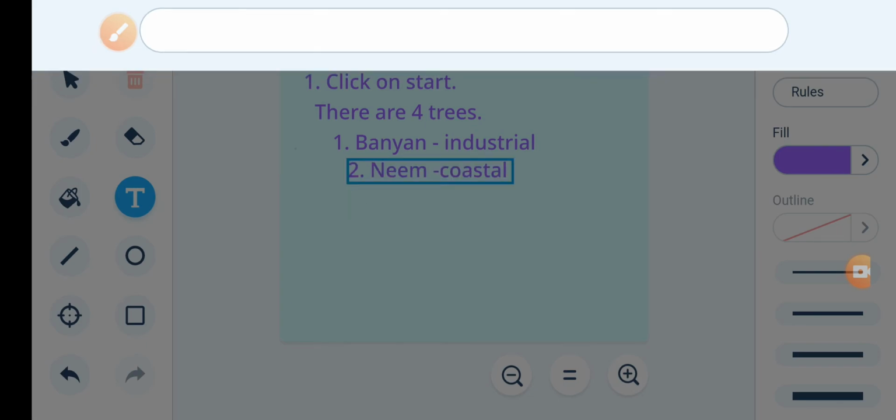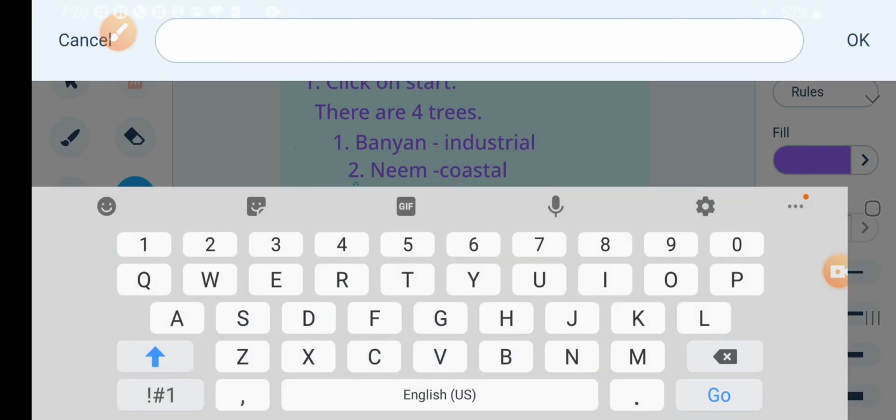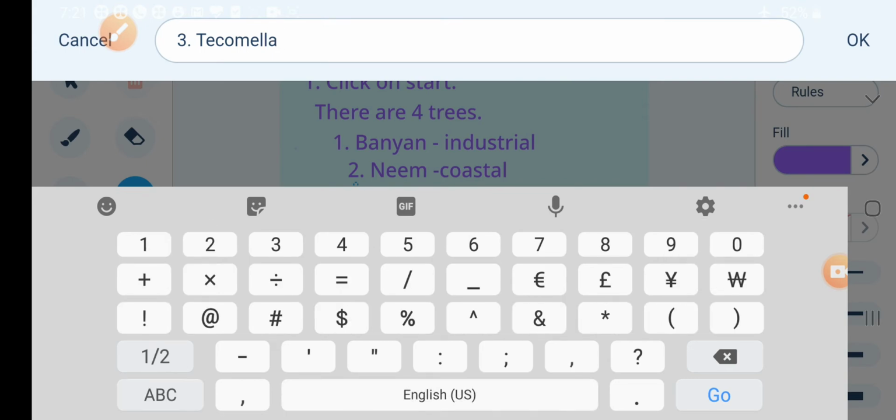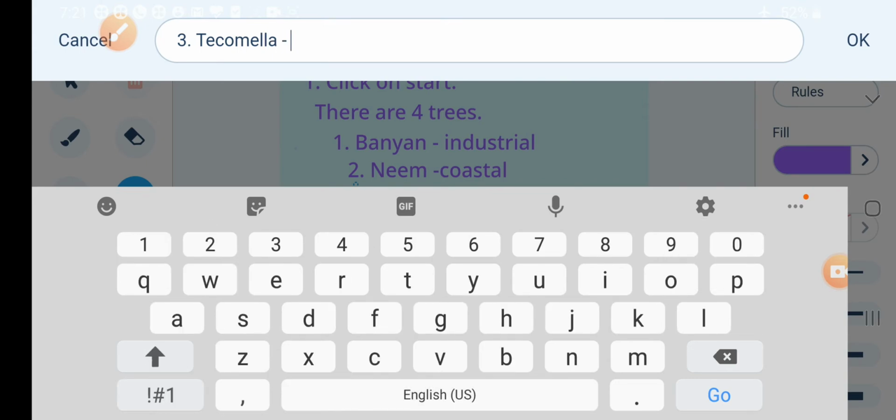Then third is tecamola tree, and the right option for tecamola tree is soil erosion.